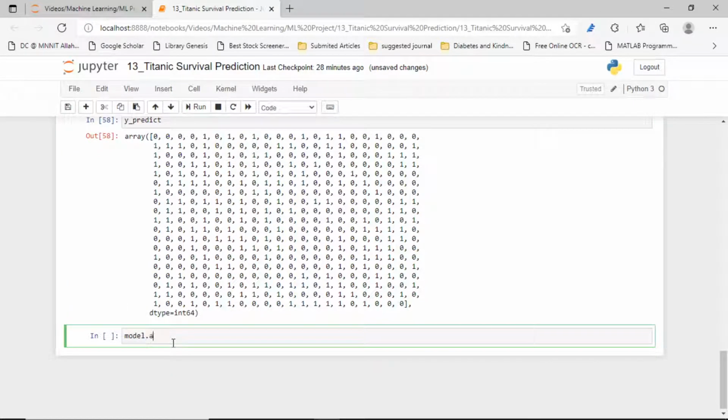Model dot. What happened? Model dot prediction accuracy is